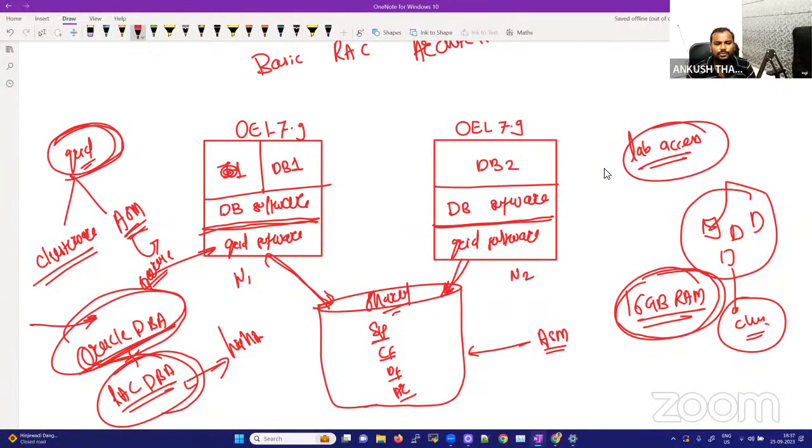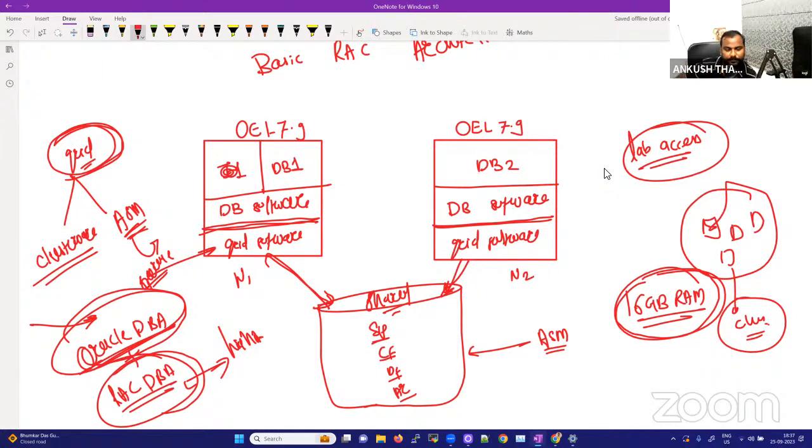Apart from this, if you want to be an expert in other technologies, which are the advanced part of Oracle DBA, then we have GoldenGate, cloud DBA, Exadata, many things, but RAC should be your first priority. That is the reason I'm saying that those who have decided that their life will be with DBA, start learning with RAC. Whether you join or don't join is not a problem, but you yourself try to understand the Oracle RAC